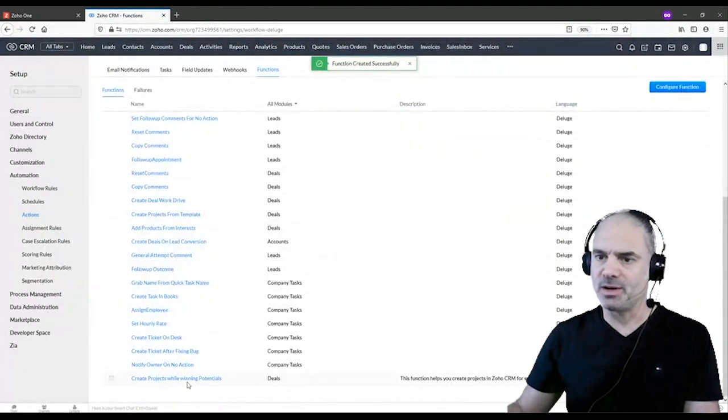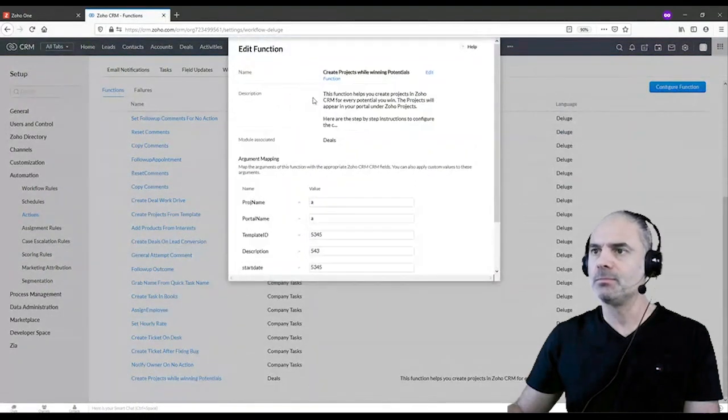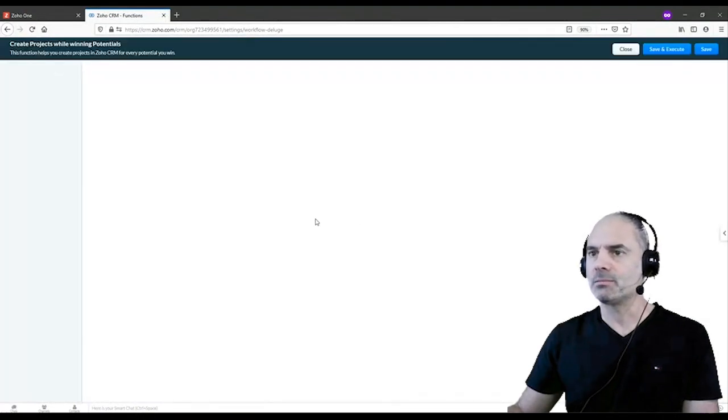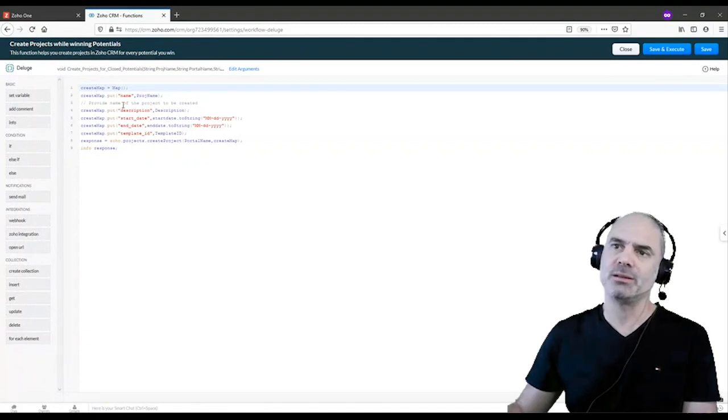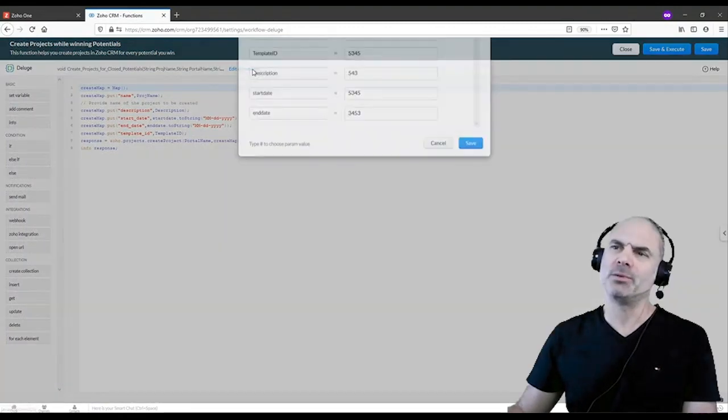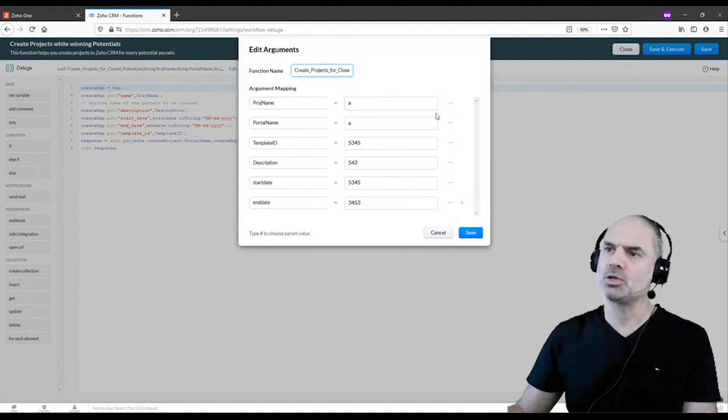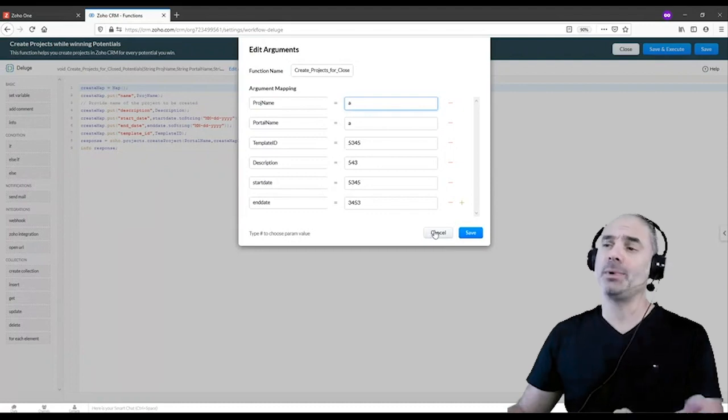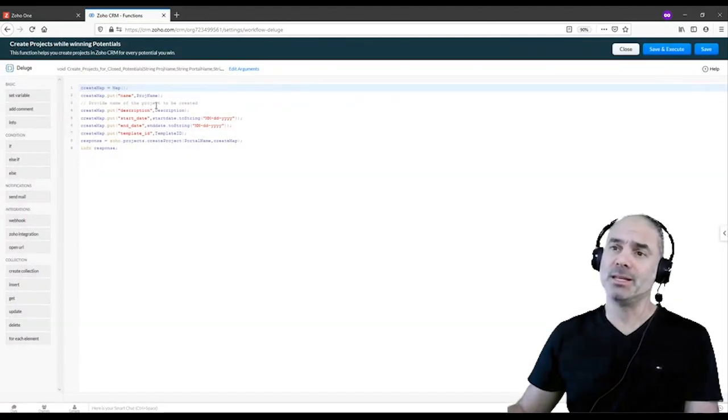Once this function is created, you need to map the right arguments here. Not the same way that it's here, because here it's static. You will need to map it to the deal, and then this magic will use the correct template.